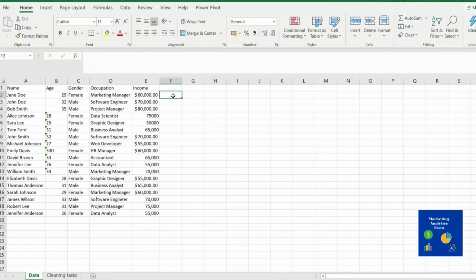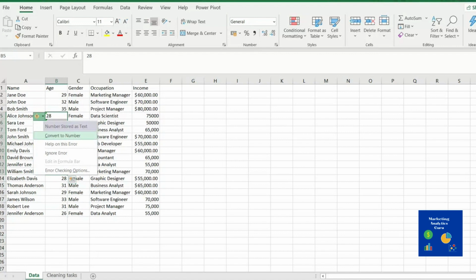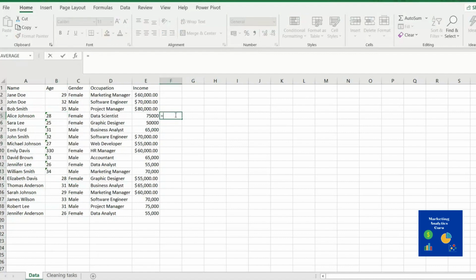So what you want to do is say equals, or you can just highlight these and say change to number. But as you can see, some of them won't. So if you can isolate these and you are able to select them at once, you can click here and say convert to number,